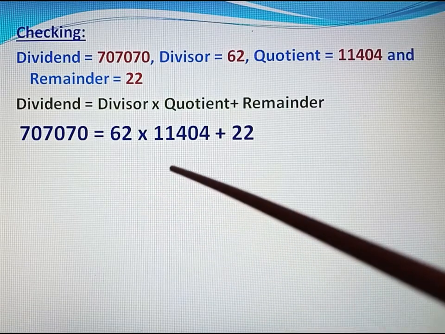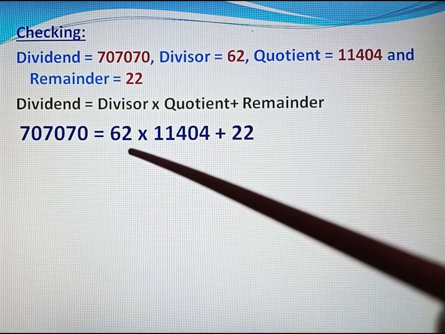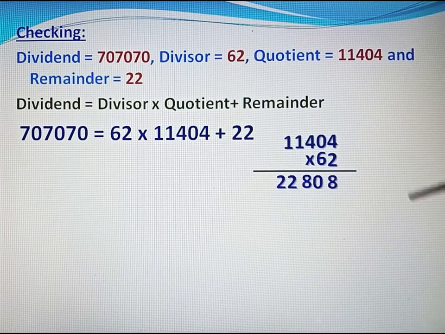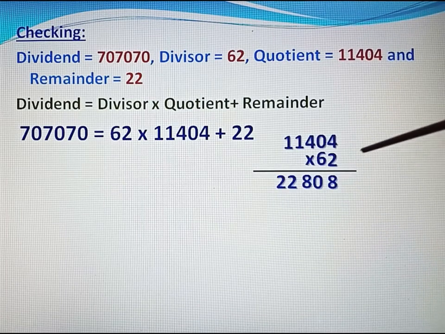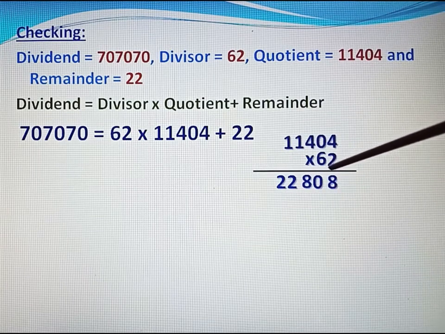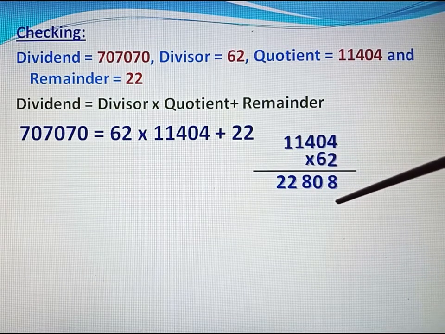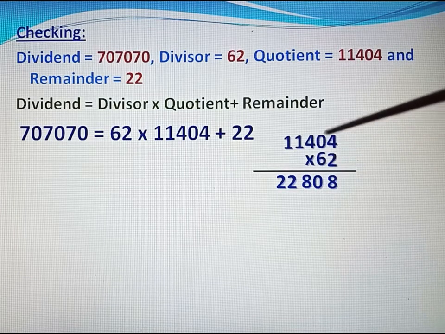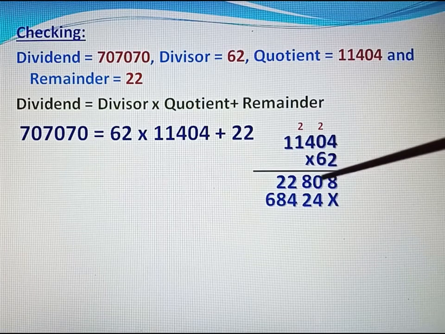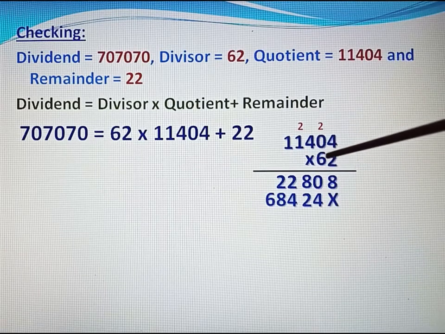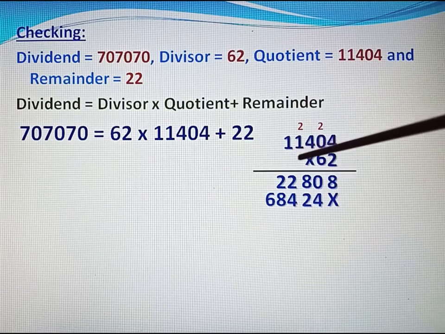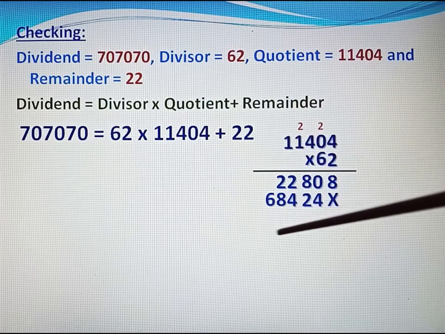Here first we will multiply 11,404 by 62. Multiply 2 4 ja 8, 2 0 ja 0, 2 4 ja 8, 2 1 ja 2, 2 1 ja 2. Now this 6 is on tens place, so we will put 0 and a cross here, and then we will multiply 6. 6 4 ja 24, 4 2 carry, 6 0 ja 0 plus 2 2, 6 4 ja 24, 4 2 carry, 6 1 ja 6 plus 2 8, 6 1 ja 6, and then we will do